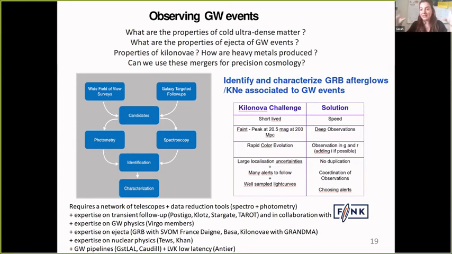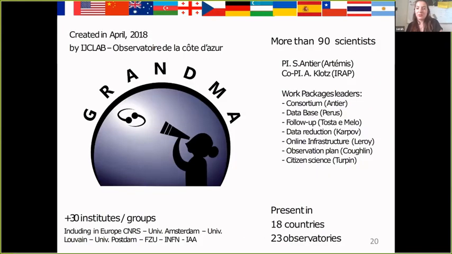So remember my slide on the ecosystem, I do not recommend to be alone and just follow up as a pure astronomer. And that's why I built this consortium GRANDMA in 2018, starting in France. Now it's composed of 90 scientists, from nuclear astrophysicists and physicists, gravitational physicists, astrophysicists, and astronomers. And we are running a project, and we are present now in 18 countries. And